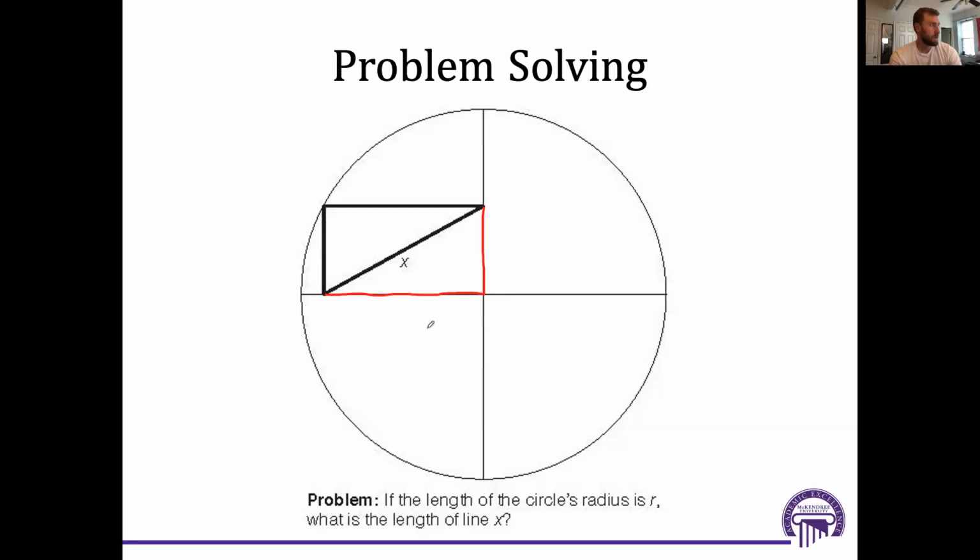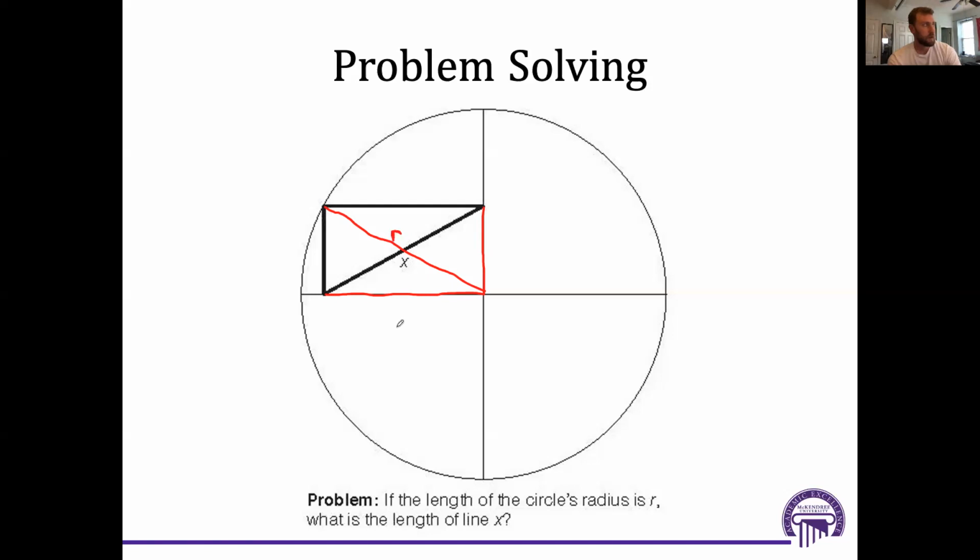So if I were to draw a line extending from the center of the circle here to the outer edge, like such, we know two things. For one, I just drew the radius of the circle, right? The radius extends from the middle point of the circle all the way to the outer edge. So this right here is R, right?